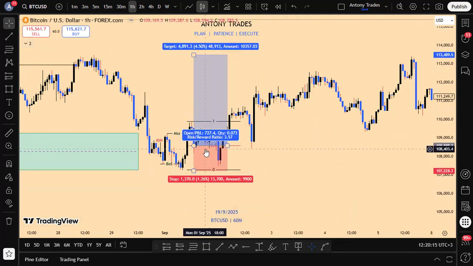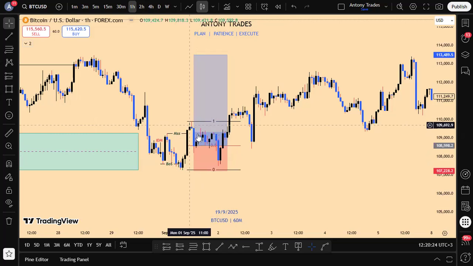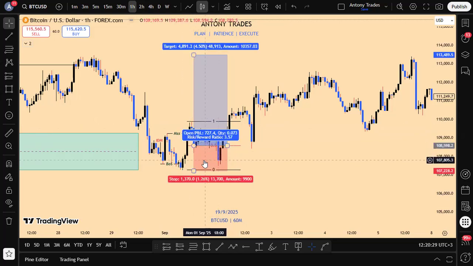That is the one thing, one idea, of which that is one of my best entries. That is the best entry that you can get. At least this is how this entry, most of the time it plays out. So